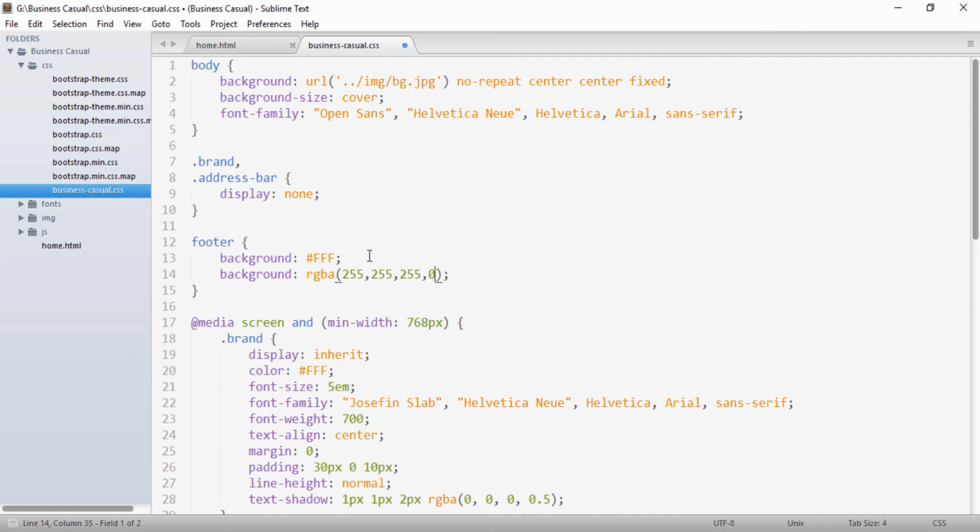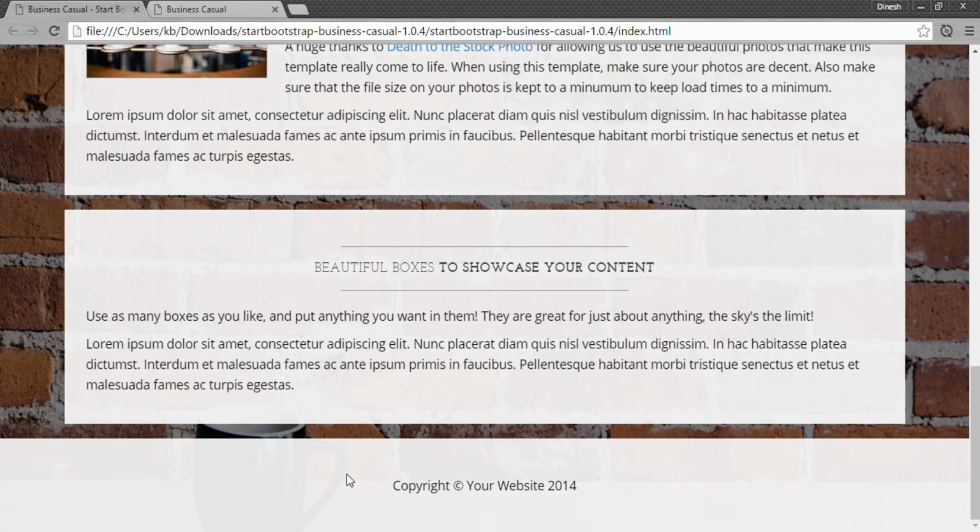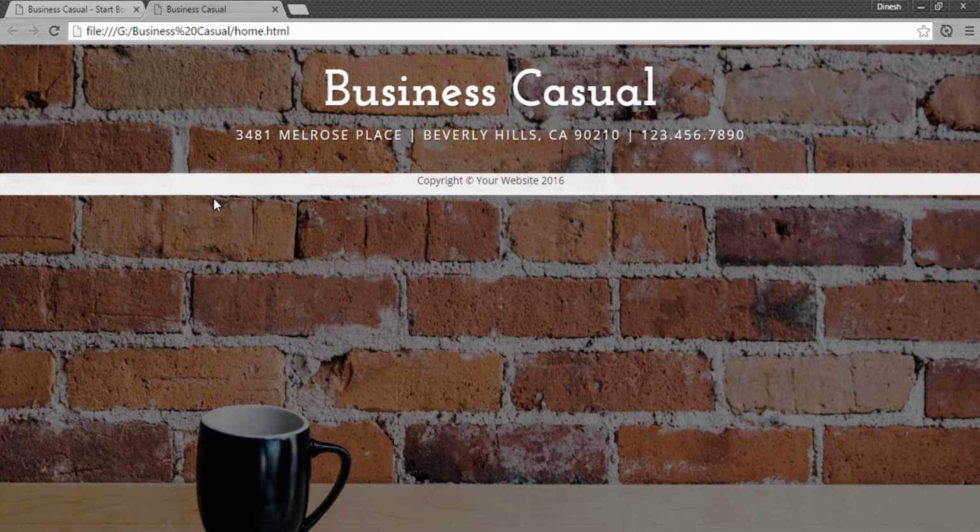I'll give a transparency of 0.9. This transparency is from 0 to 1, with 1 making it opaque and 0 transparent. So I've given a value of 0.9. If I save it and go to the browser, now you see that the image behind is visible inside this white box.